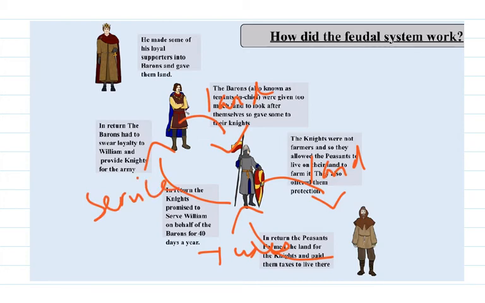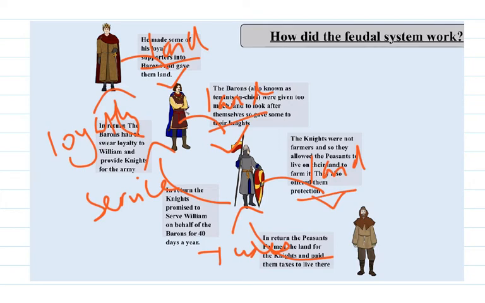Finally, William gave his barons or tenants-in-chief some of the land, and in return, they swear loyalty and say, we will provide the knights for you if we need to go to war. So again, land, and in response, loyalty. As you'll see, all the way down, we've got land, land, land.